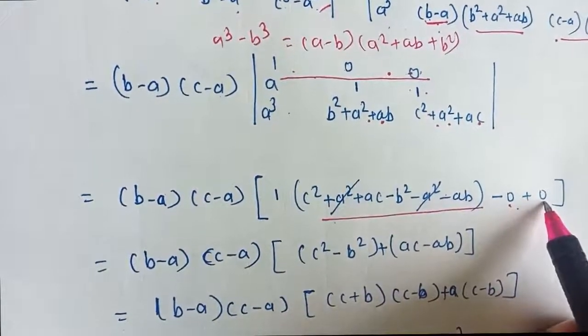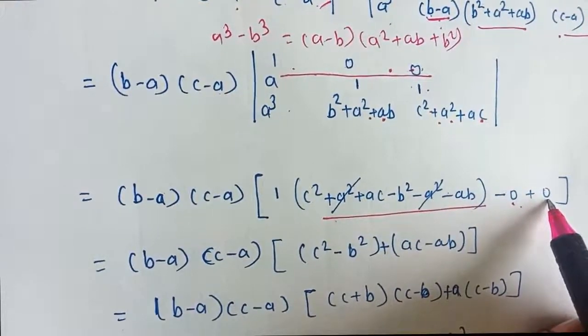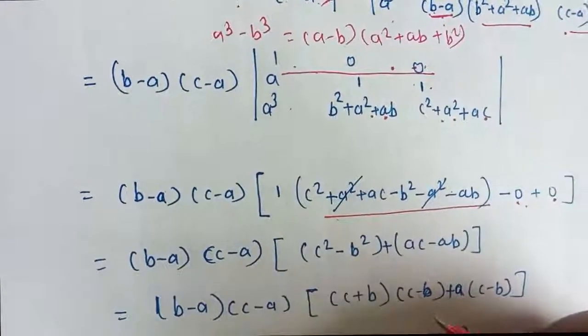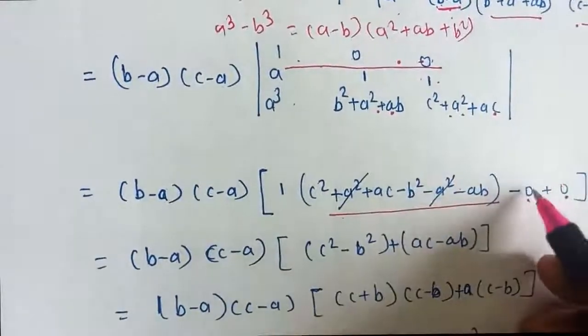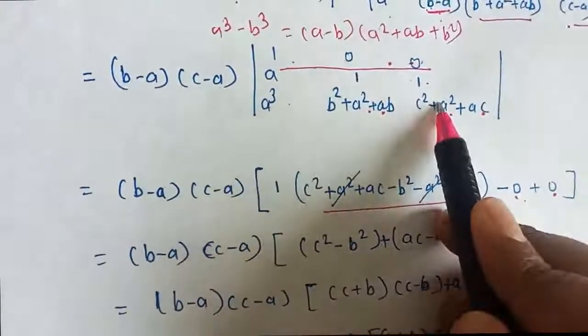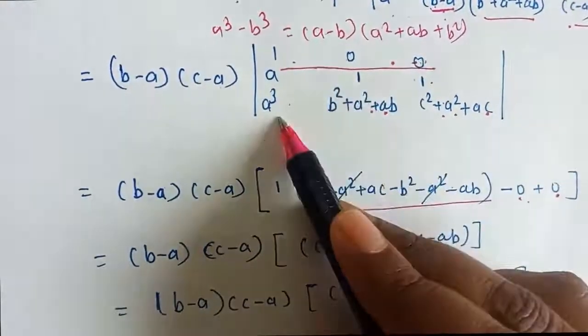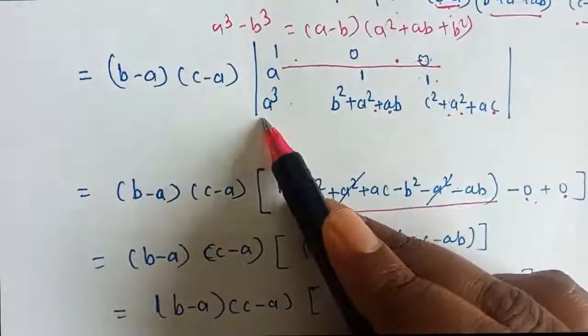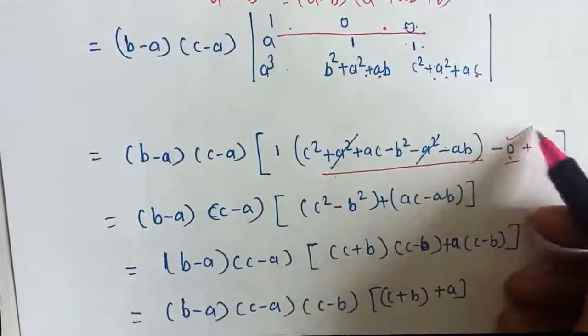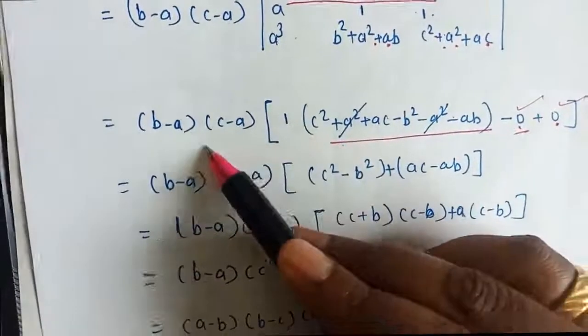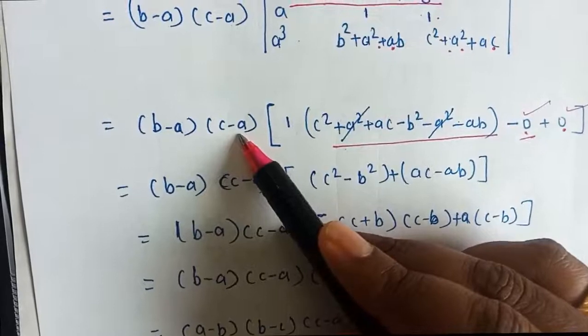If you want further explanation of this, you can also solve it by 0 into bracket of a into this minus 1 into this, plus 0 into bracket of 1 into a into this minus 1 into this, but anyway it's going to be 0, so write down 0 0. So b minus a, c minus a is the common element, as it is, write it down.